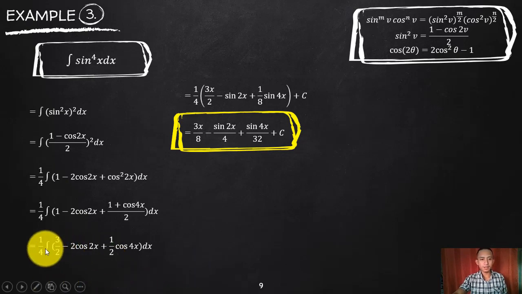Okay, so I will now integrate. Again, 1/4 is there outside. Multiplying inside, the integral of 3/2 dx is just 3/2 x, or 3x over 2. Now I will put the integral and dx on the negative 2 cosine 2x. I can just bring outside 2.